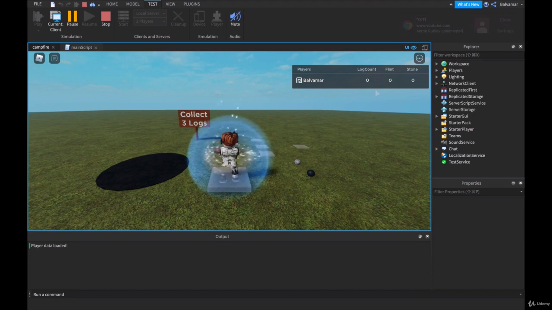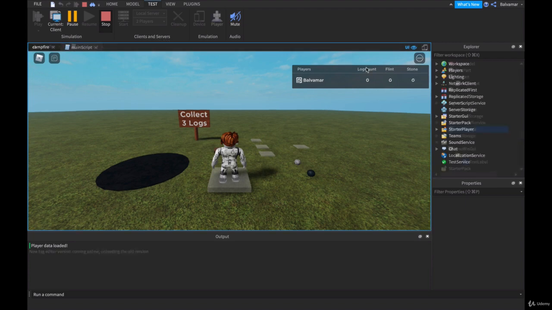Alright, so we're in there and it says player data loaded. Now the only thing is with this is that we've already set up a data store, and it's just loaded in 0 information. We haven't actually done anything yet to say, well, while the game's running,